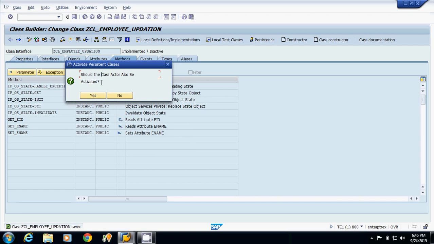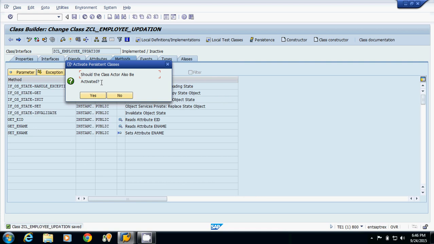Whenever we create a persistence class, two helper classes are automatically created: one with ZCA and another with ZCB. ZCA is called the actor class or agent class, and ZCB is called the base class.